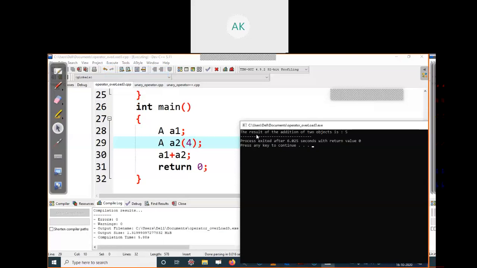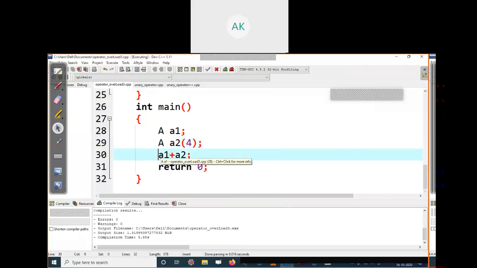The result of the addition of two objects is 5. The value of a1 is 1 and the value of a2 is 4, and its summation is 5. This is the operator overloading example. We have overloaded the plus operator and now we are able to add these two objects.